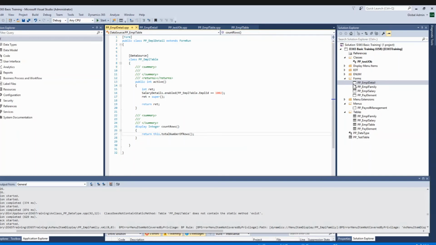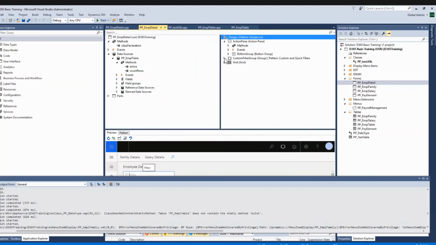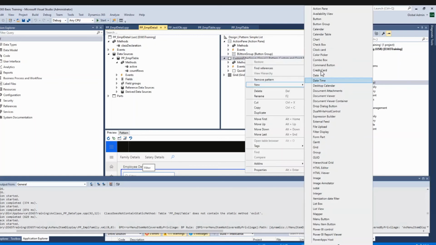Now I will open this form. Let me add it here. Let me add one group in the form. Let me take a control of type group.